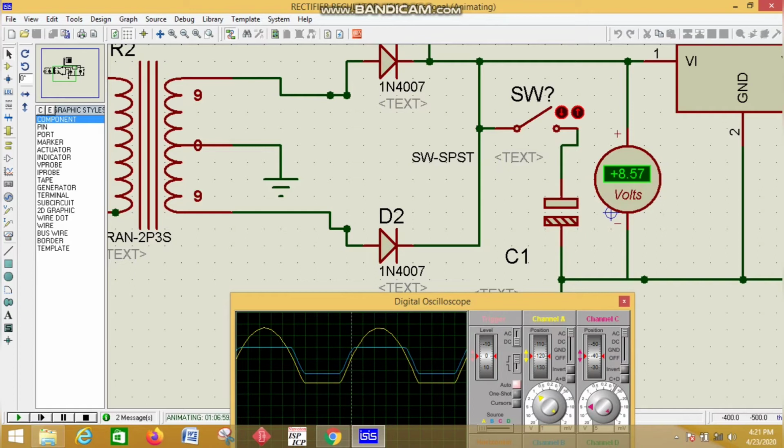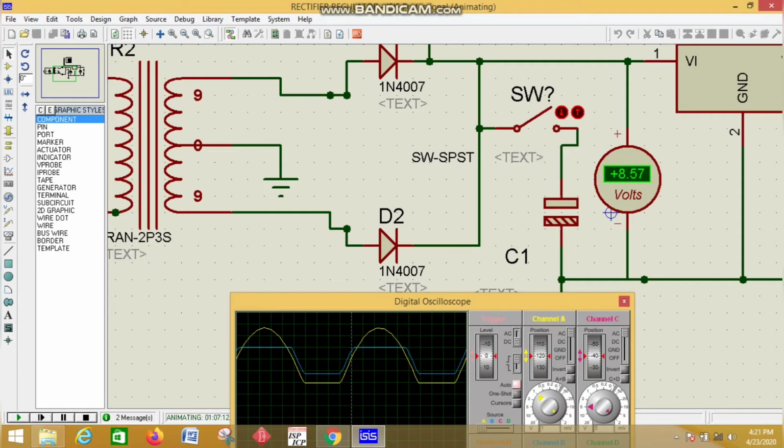So we can see a pulsating DC appears across the output, where the CRO terminal is connected across the rectifier output. This shows the importance of the role of a filter capacitor, which is required to remove the ripples.